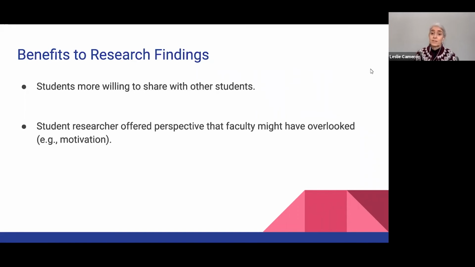the motivation of students. So whereas I'm focused as an instructor on finding and trying to help students with gaps in their knowledge, she was able to remind me that sometimes the problem was not a gap in the knowledge, but rather a motivation and a willingness to complete the task. So we found that there are great benefits to having this student voice in our SOTL research.